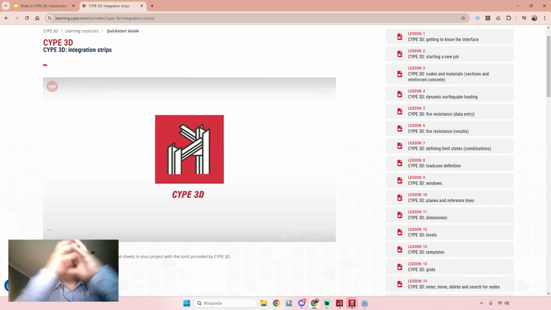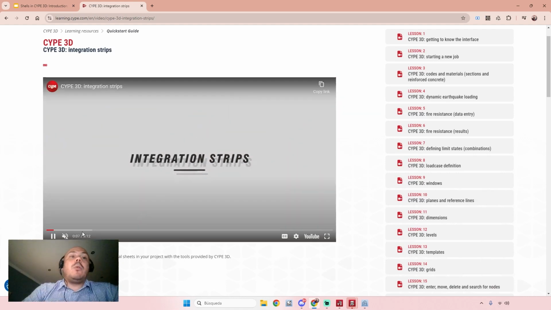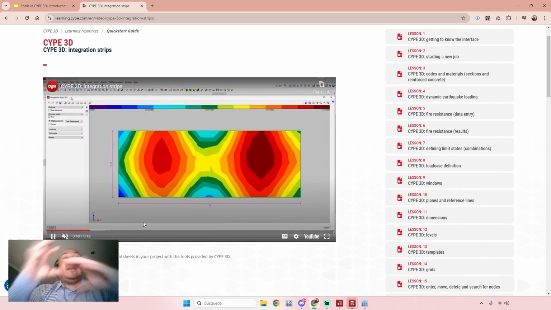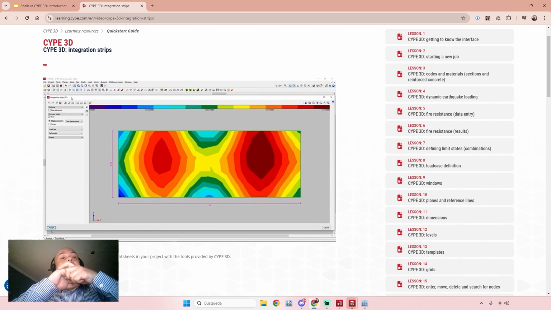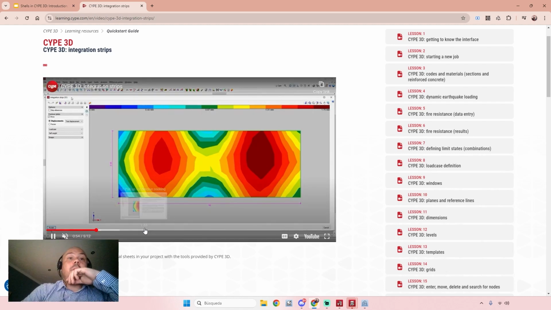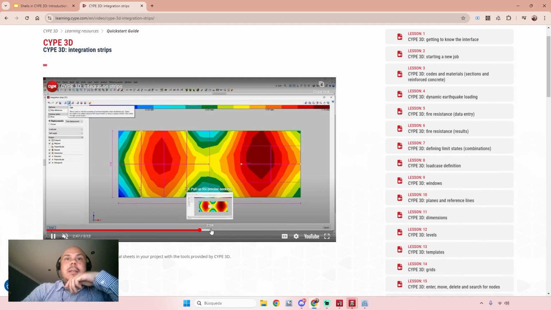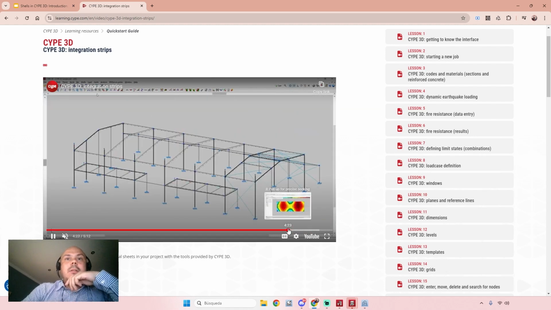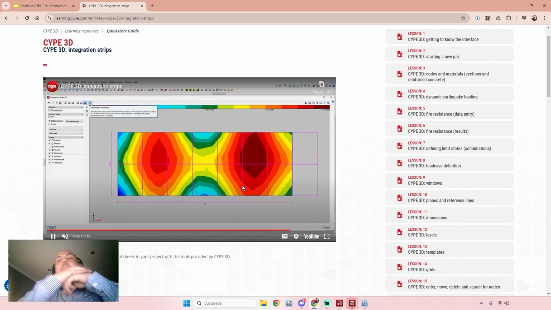For example, if we are talking about concrete elements, you can get these forces to then decide which is the best reinforcement for your structure. Okay, so here you can see the strips they created, and let's see if there is a part of the video where we can see how we can get these moments. Okay,